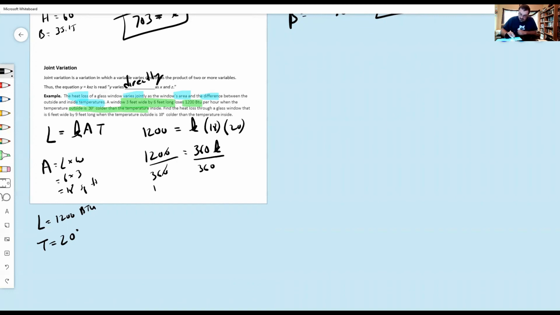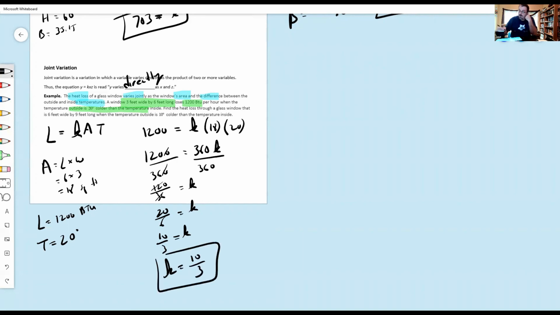So I have 120 over 36. 6 goes into both, so we're going to get 20 over 6, or 10 over 3. K is 10 over 3. So our new formula will be L equals 10 over 3 times A and T. Finally, we're ready to